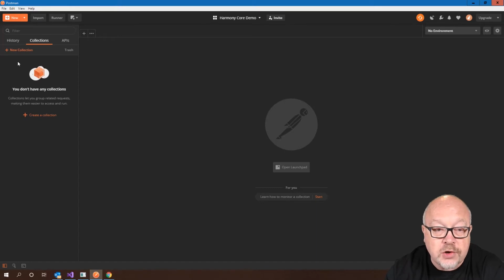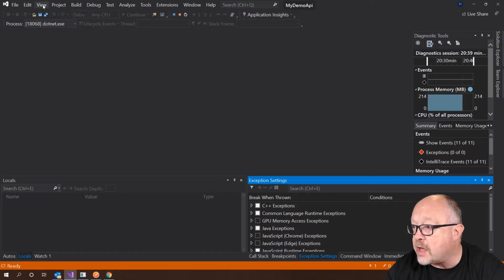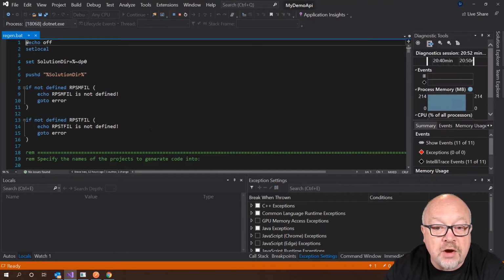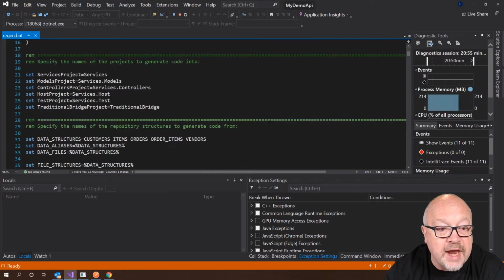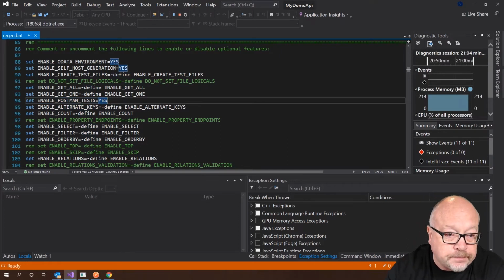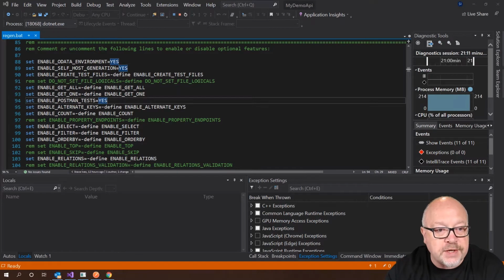One of the things that we also code generate, it was an option that we did enable way back in the day. If I go off to Solution Explorer and look at our code generation script, one of the options that we did enable right at the beginning was, if we can find it here, there we go, Enable Postman tests, and we haven't looked at what that does yet. But essentially what that does is, when we're generating all of your controllers with all of the endpoints, essentially based on the various options that you've specified in this file,